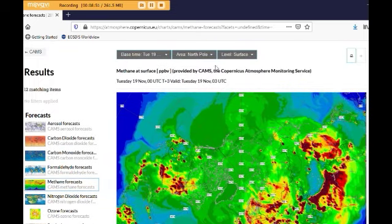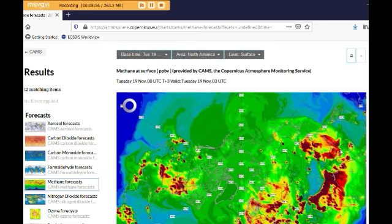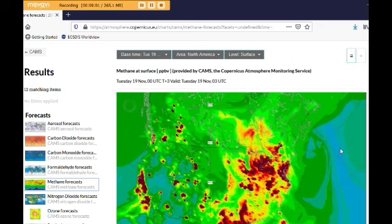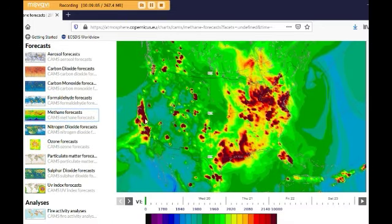Now I'm going to hop over to the North America view. We're still seeing high releases in California. Here's California. The whole state's pretty much covered up. And here's the Gulf Coast area, and then coming up the Mississippi Valley region, and this eastern part of the United States. Here's Florida, and so forth. So if we run this movie,